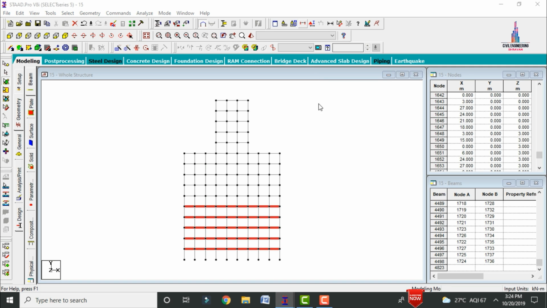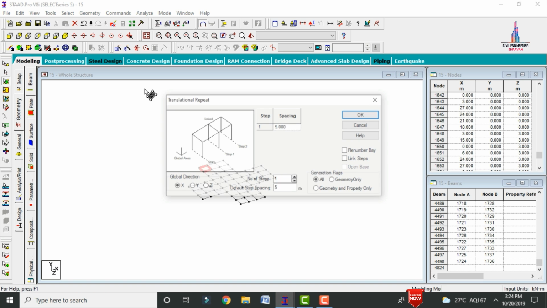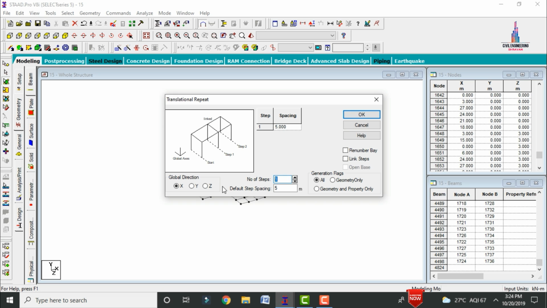Go to cut section command, select to view, click on OK, select the beam cursor. Now we have to cut this respective portion like this. Click on 3D view, go to add 4 node plate, select the first point, second point, third point, fourth point like this. Select the plate cursor, translational repeat option, select X direction, which is consisting of 2 plates. Each plate will be consisting of 3 meter.